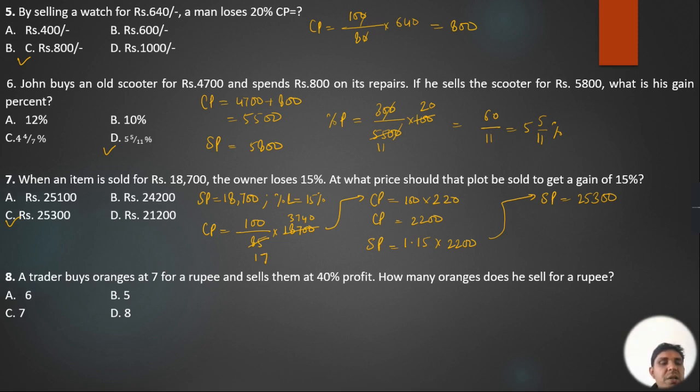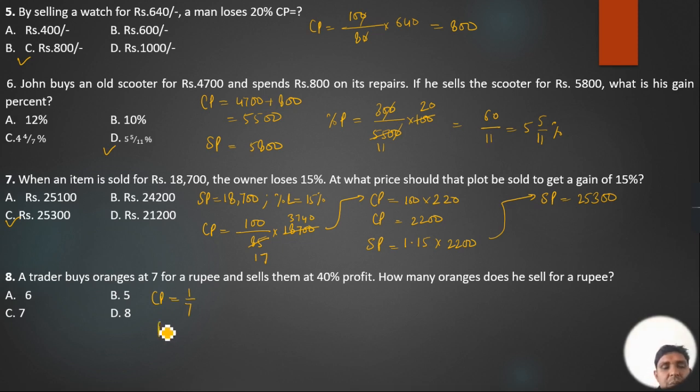The question is, a trader buys oranges at 7 for a rupee and sells them at 40% profit. How many oranges does he sell for a rupee? So students, here you have to find out how many oranges he sells for a rupee. Here the cost price is not given. Here what is given? A trader buys oranges at 7 for a rupee. That means the cost price of one orange can be calculated as 1 by 7,